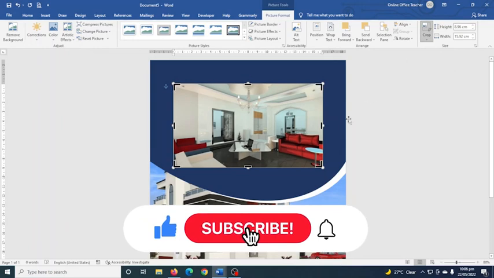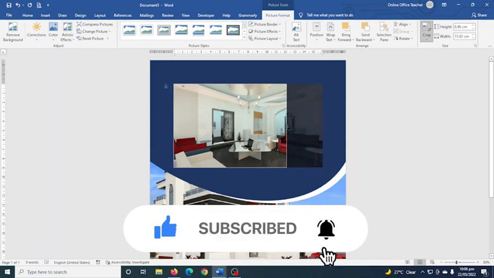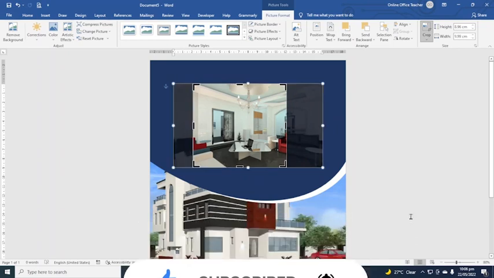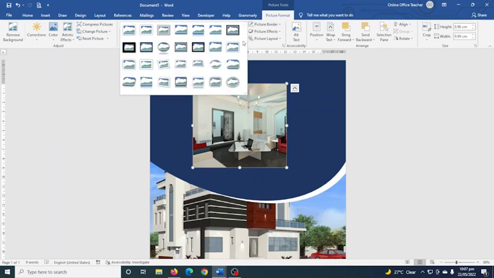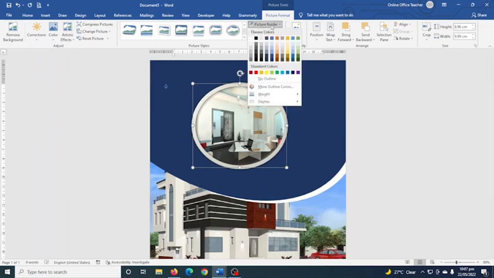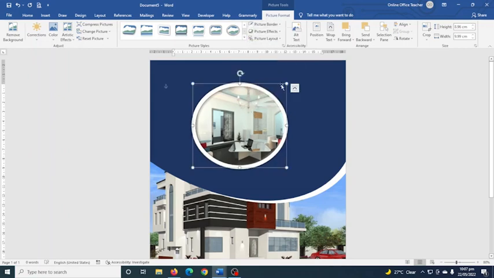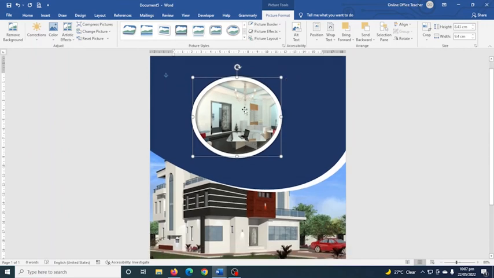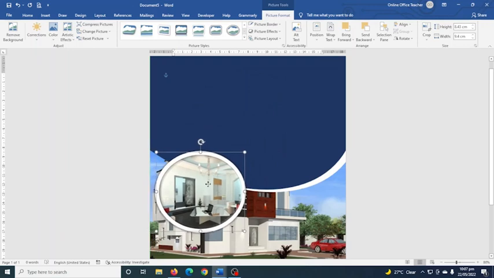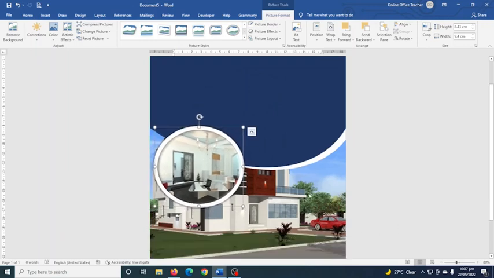So I go over to Crop, and I'll crop it from here. Maybe something like a square, and I click back on Crop to deselect it. Next, I go over to Picture Styles, then I drop down the arrow, and I'm going to go ahead and choose this style. I can change the border color by choosing white, and I will reduce the size a bit. Perfect. Next, I take it to the location I want, like this much,